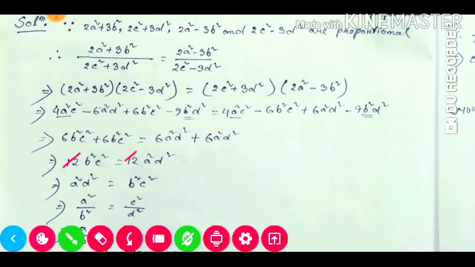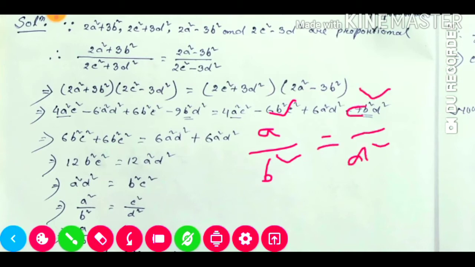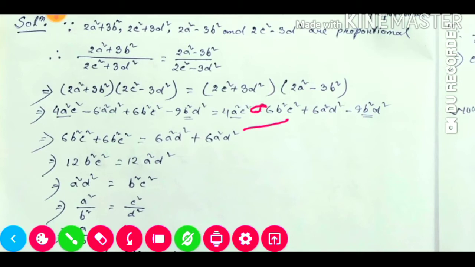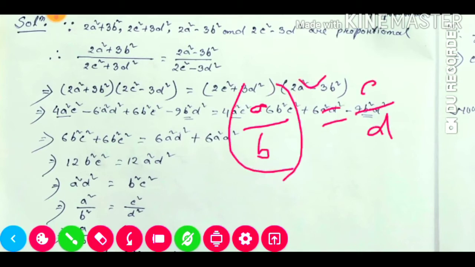Now the next part is very important, because we need to show a, b, c, d are proportional. For this reason, here we will keep a square divided by b square. So what remains is c square, and now this portion will come as a divide, that means we need to divide c square by d square. Now see, both sides are squares: a square by b square is equal to c square by d square. We are able to write this as a by b whole square is equal to c divided by d whole square.